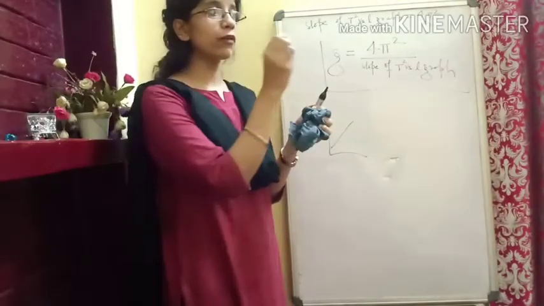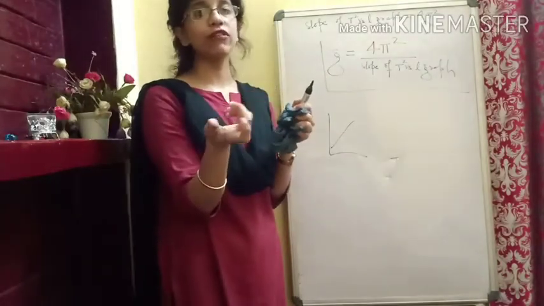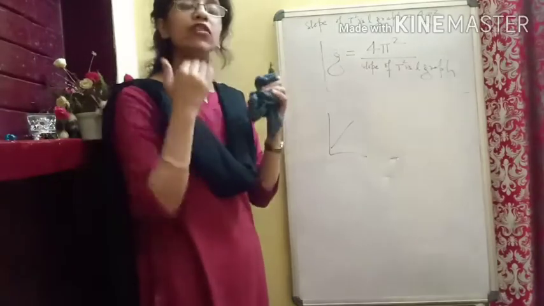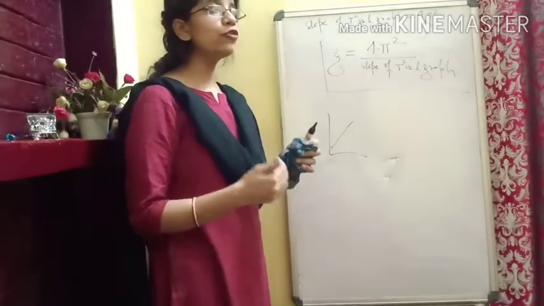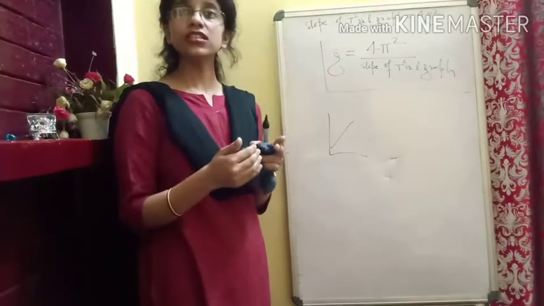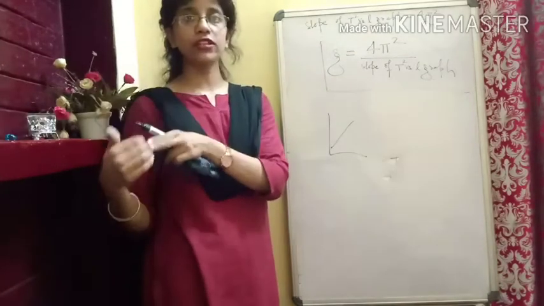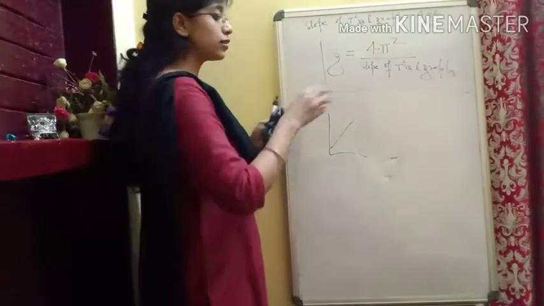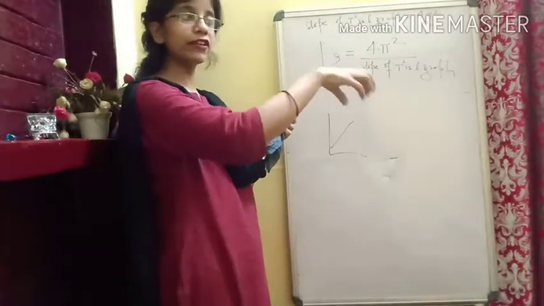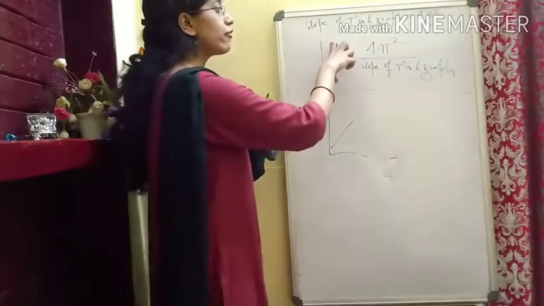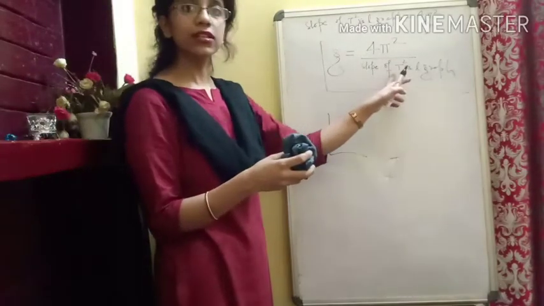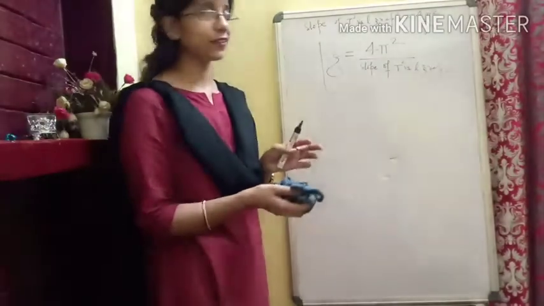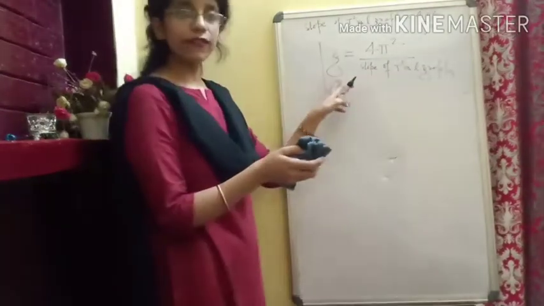We know that for a general value we take 9.8 meter per second square. But we also know that the value of acceleration due to gravity changes as we move from equator to pole. This we know, and that's how we can take the pendulum to different places and calculate the value of g by using this formula. Is it clear? I hope it is clear now. Okay, so this is one formula.